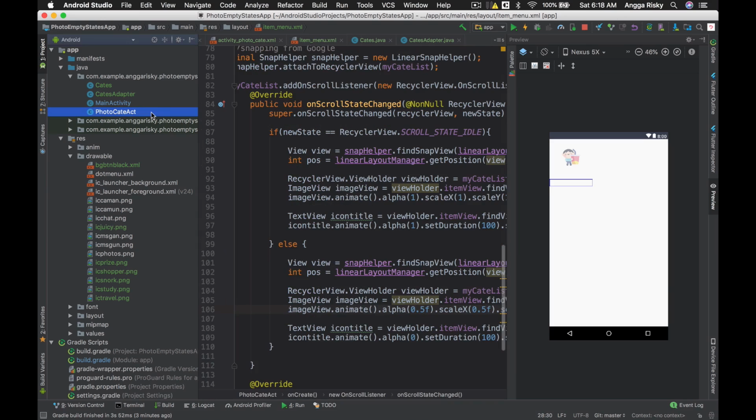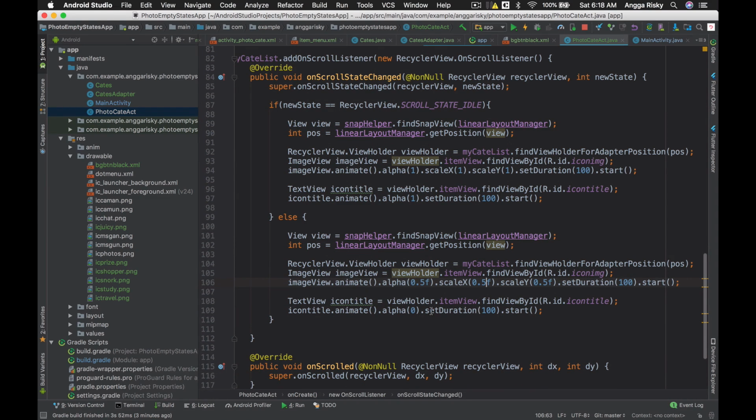So if you click here, there is the alpha 0 for the title.